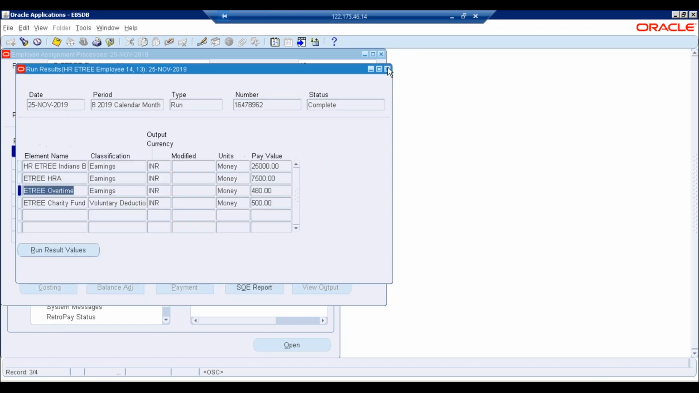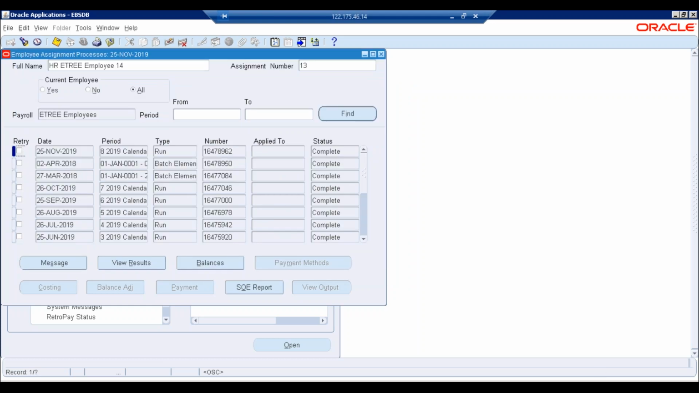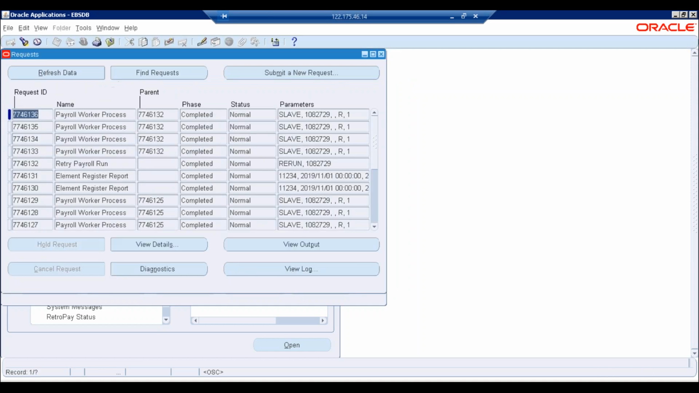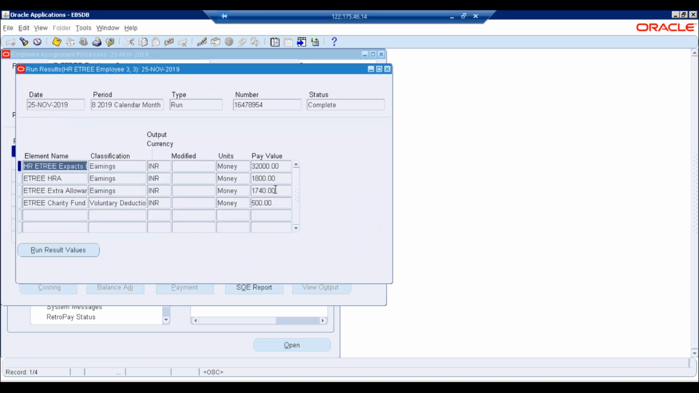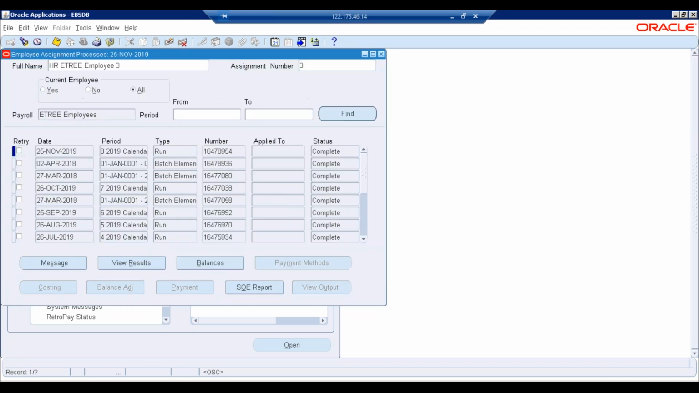Now, once you make a retry of this, we'll see whether this program is completed or not. Yes, this is completed. So now you can make a retry of this. We'll see employee number 3 first, whether that run result is affected or not. This is employee number 3. View results. See, 1740, it's affected, right? So in the same manner,